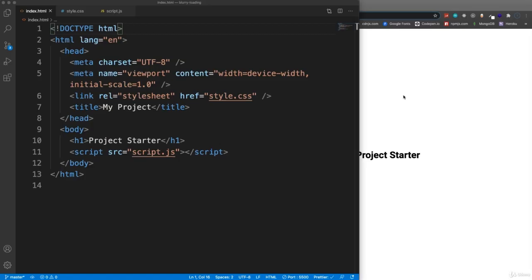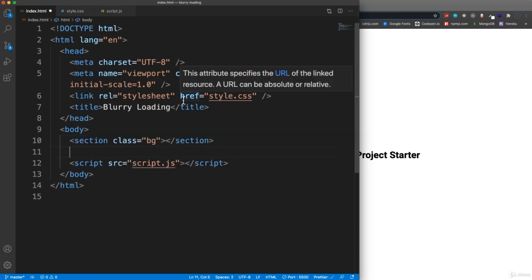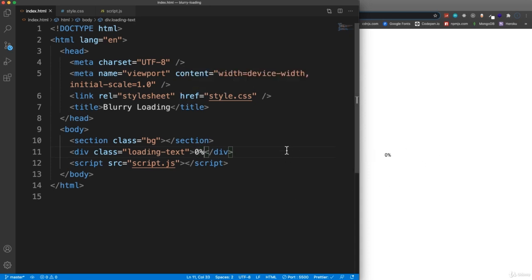So we're going to get started on the blurry loading project, and the HTML is going to be really simple. There's actually only 2 lines in the body, but let's add a title here. We'll call this blurry loading, and then down here let's get rid of the H1, and this is going to be a section. I'm going to give this a class of BG. So this is going to be the background image that we blur, and then around the text we'll have a class of loading-text, and we just want to put in here 0%, and that should do it as far as the